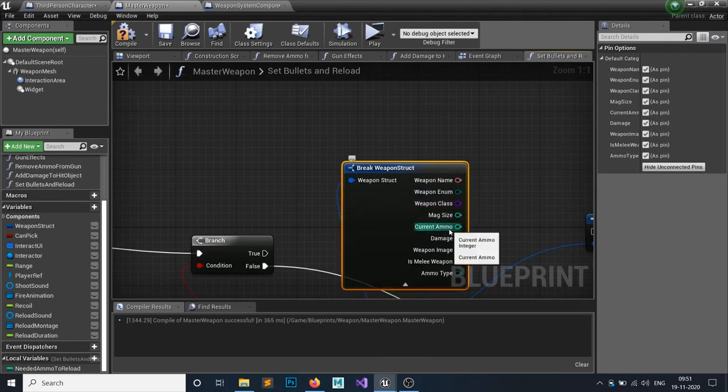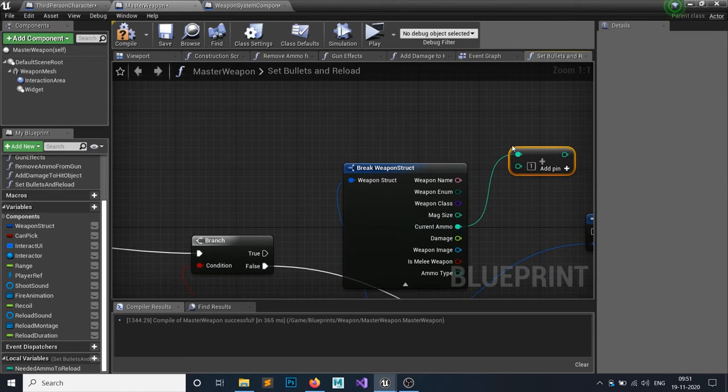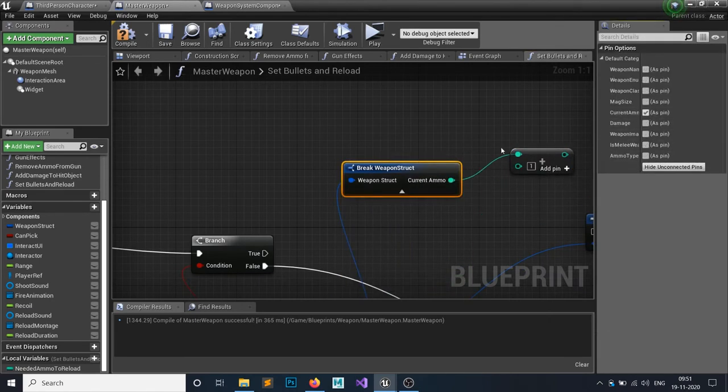So my current ammo, this guy, and I have to add it with whatever my inventory ammo is. Let's say I don't have enough ammo to reload all the ammo. Then, let's say 40 rounds I can fire, but I only have 20 ammo in my inventory. Then I have to set the ammo to 20.